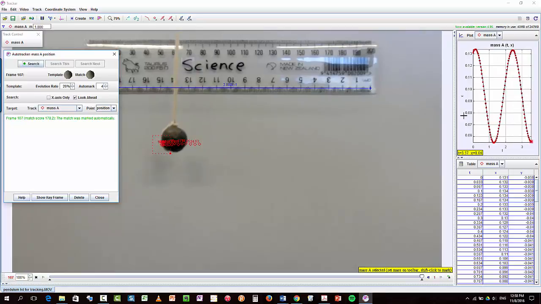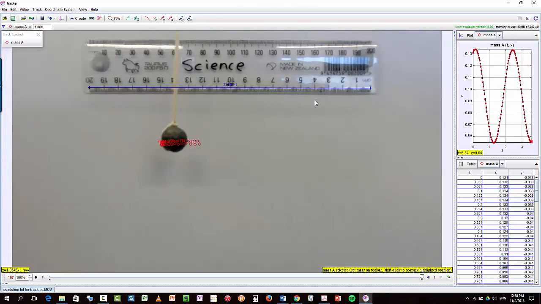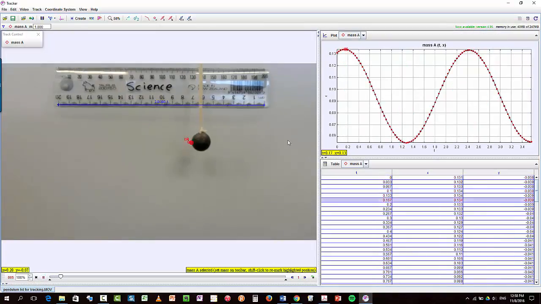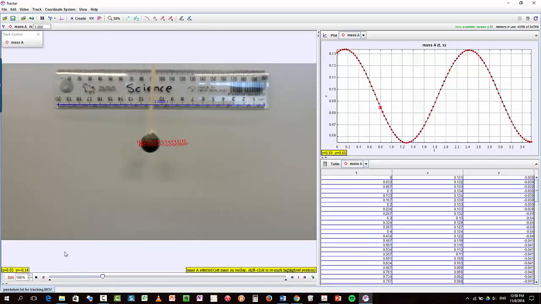Okay, and now it's done. So I'll get rid of this box. So now we can have a look at this graph here alongside the video. So it's kind of cool that you can let the video play and it will move through the points. So if we want to stop it here, we can see that it's now at its extreme position on the